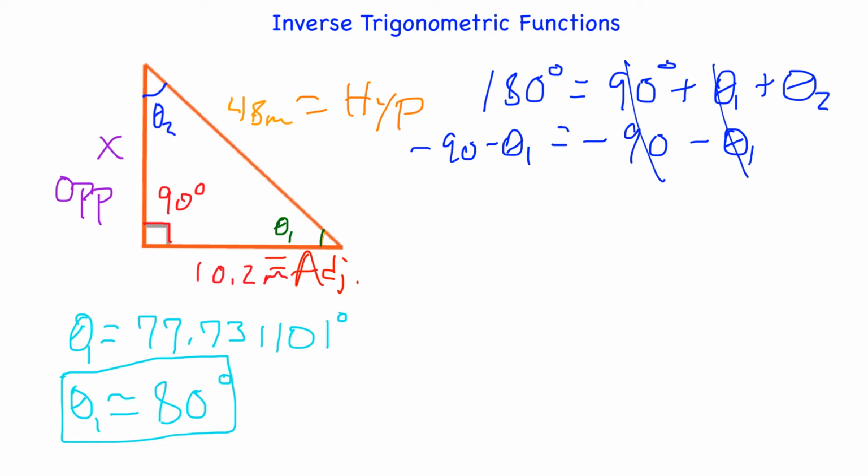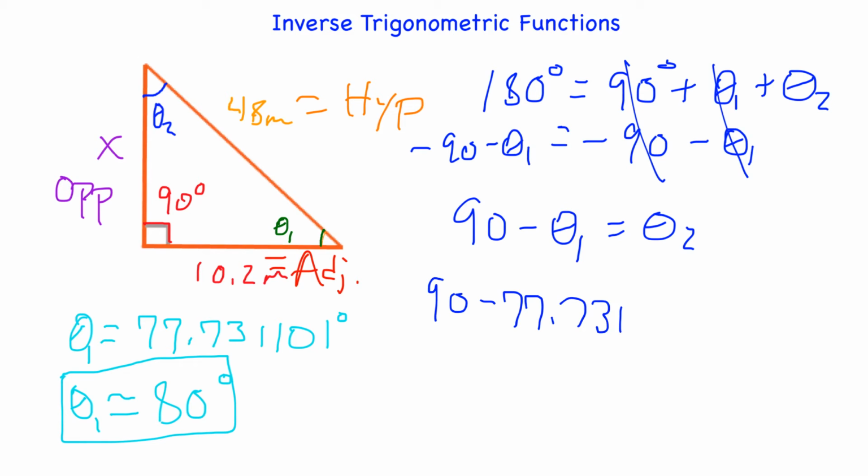Alright, so those go away, and then we have 180 minus 90, which is 90 minus theta 1, is going to be equal to theta 2. Now we can go ahead and plug in this value for theta 1 here. So we're going to have 90 minus 77.731101, and I should have degree signs on all of this. It's going to be equal to theta 2, and that means that theta 2 equals